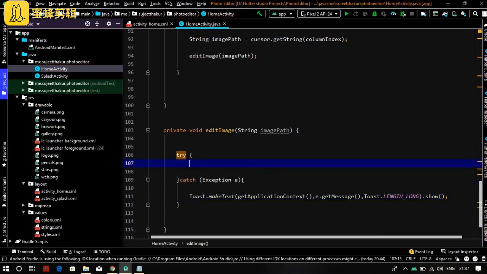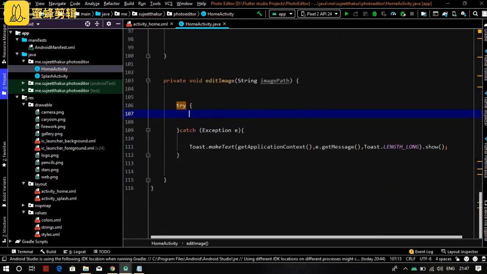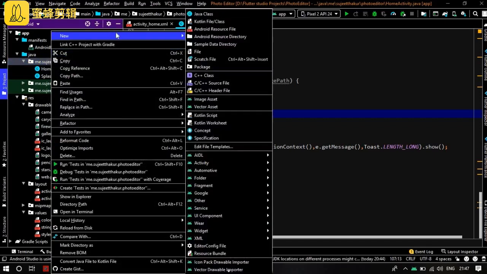And in the try block, for this, before that we need a Java file.